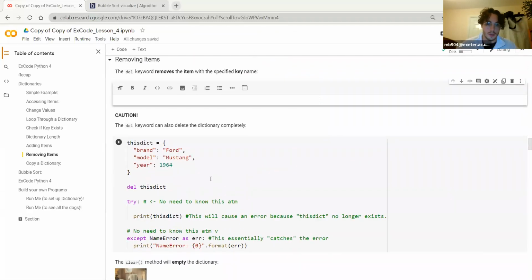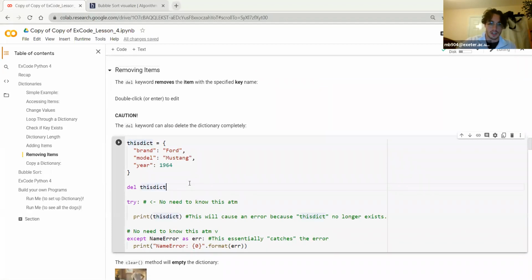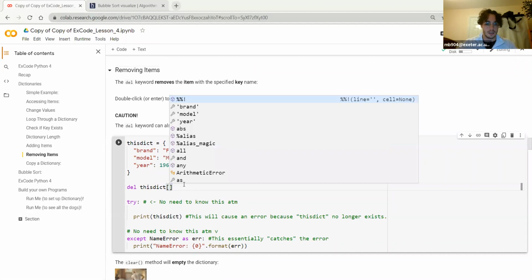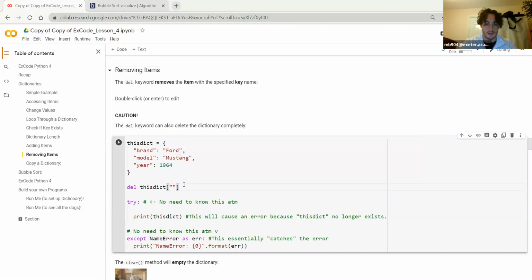But you have to be careful, because if, for some reason, you forget to actually put the key name on here,